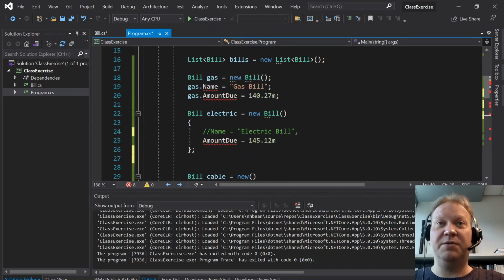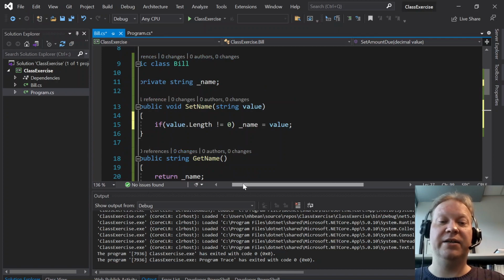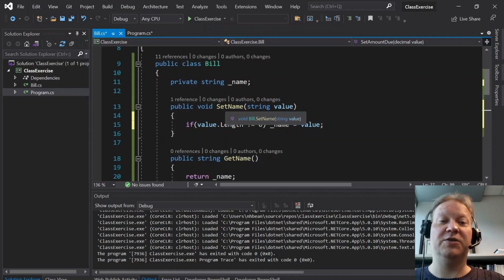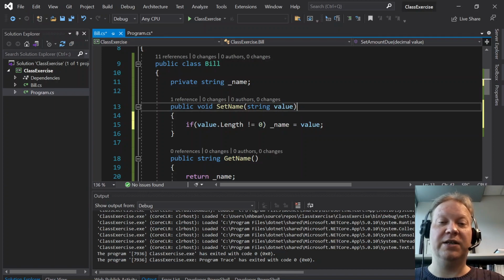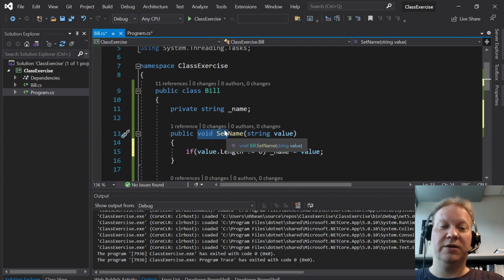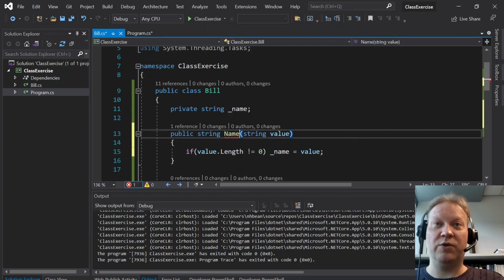Ideally, we'd like to kind of keep the same streamlined syntax where we just set the name. And that's where C# properties come in. So in C#, a property is a way of combining this idea of having that simple access where you can assign a value with the equal sign, and you can access the value by just calling or putting the name into an expression, but you can also have the control that these methods of setters and getters give us. So instead of defining it this way with these two methods, in a property we just say public string name, so the same way we did with a field,